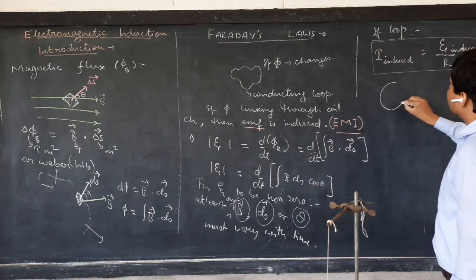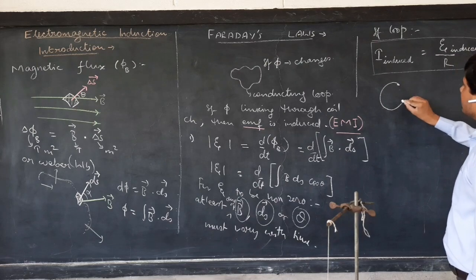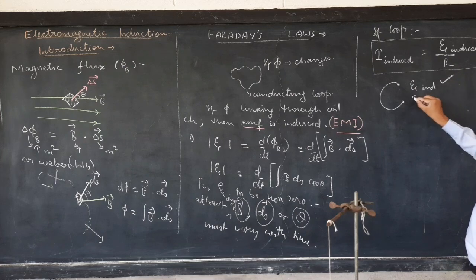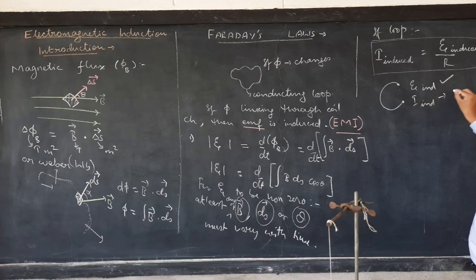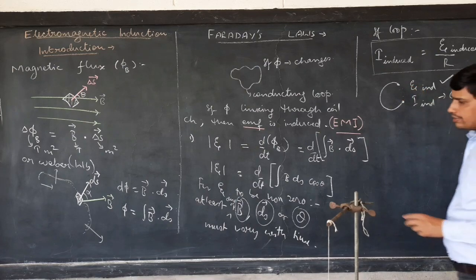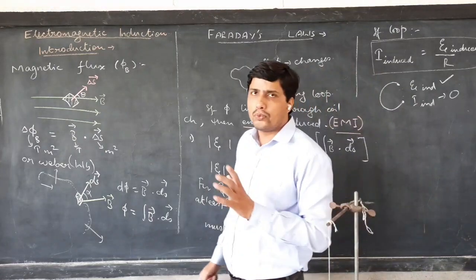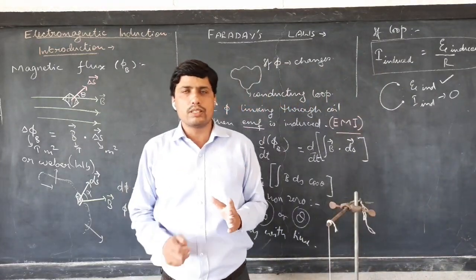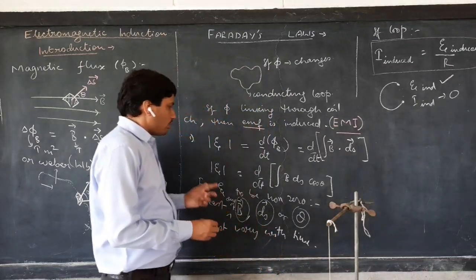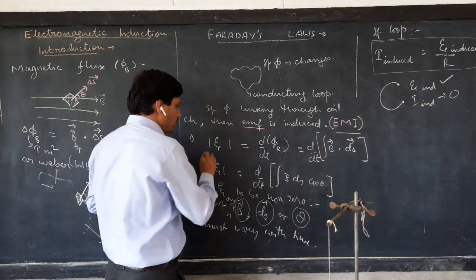But if we have a case like this where the circuit is not completed, then although there will be induced EMF, but induced current will become zero. For current to be observed, we must have closed path. So if we have a coil with a cut across it, then we'll have induced EMF if we are changing magnetic flux linking through it, but there will not be any induced current. Now, before I proceed further, now this is the gist of what we have discussed today.